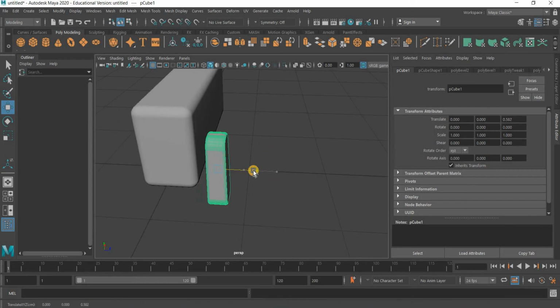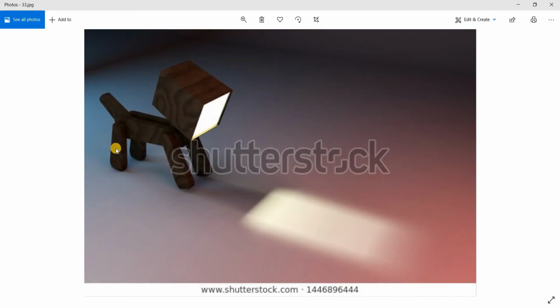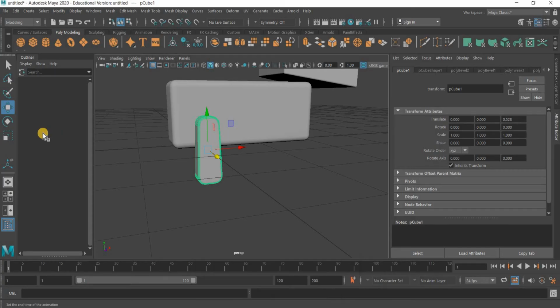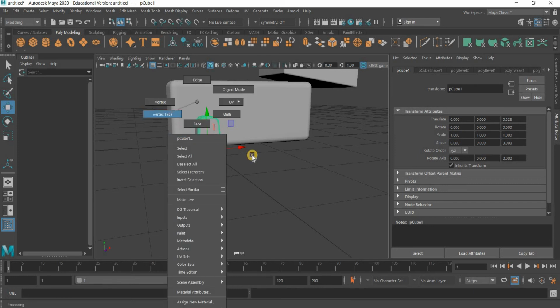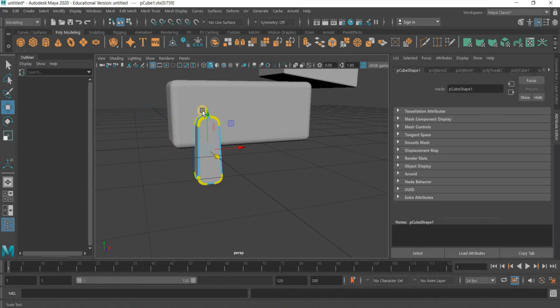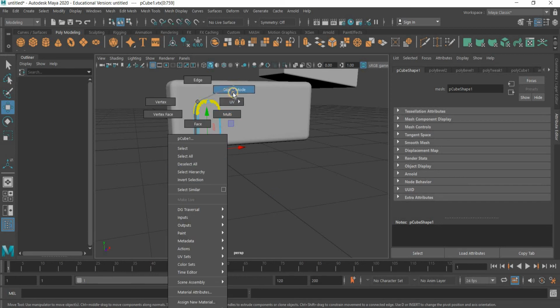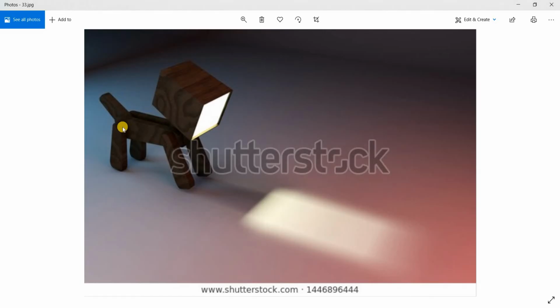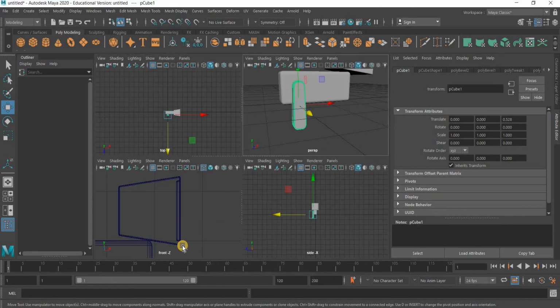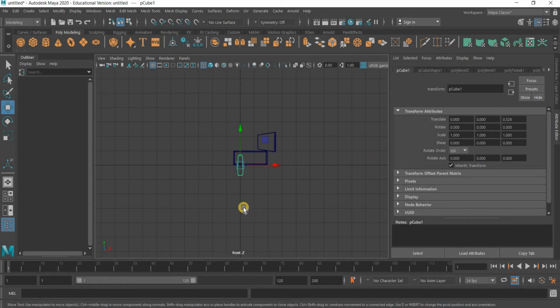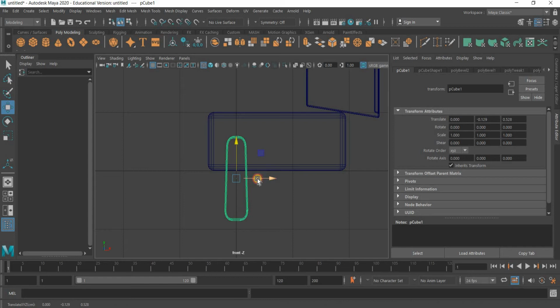Okay, so real quick, we finished modeling. The legs are kind of long, so go to the vertex mode and scale it up. Okay, so there in the middle, go down, little left, middle, go down more in the front. So let us work in the left view here, slightly in the middle here,